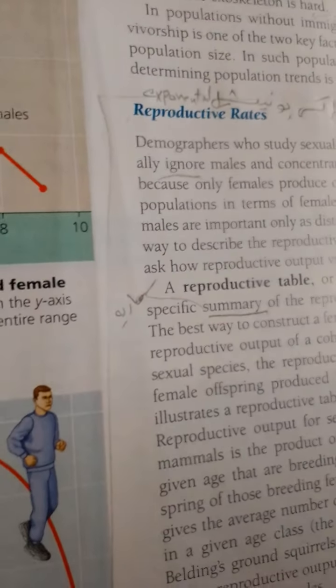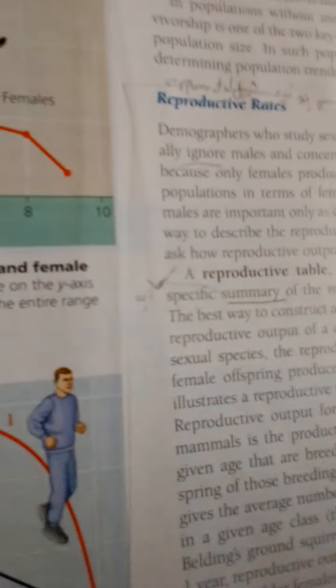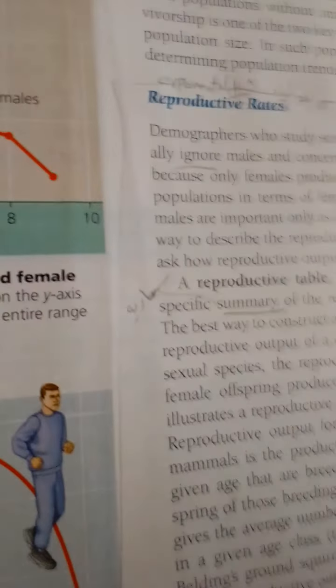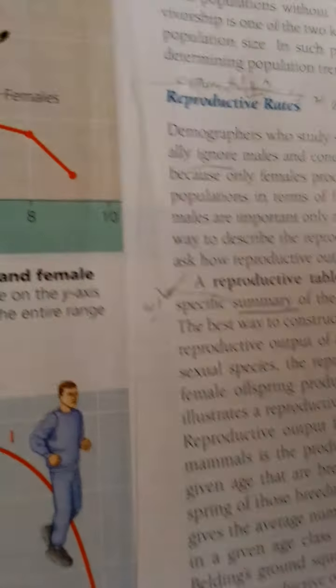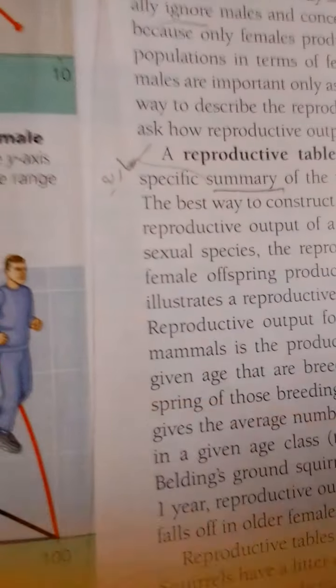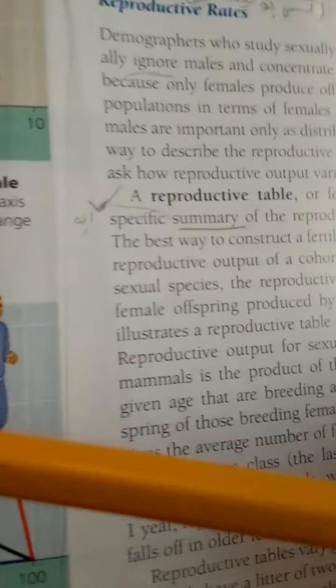A Type I curve is flat at the start, reflecting low death rates during early and middle life, then drops steeply as death rates increase among older age groups. Humans and many other large mammals that produce few offspring but provide them with good care often exhibit this kind of curve. In contrast, a Type III curve, as shown here,